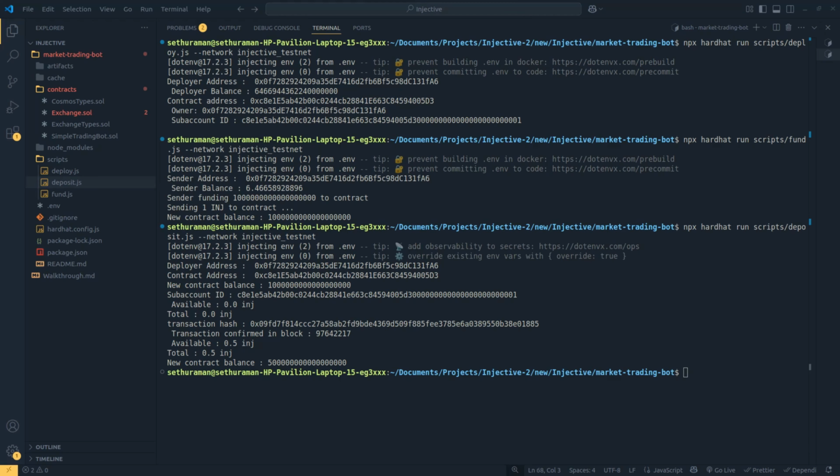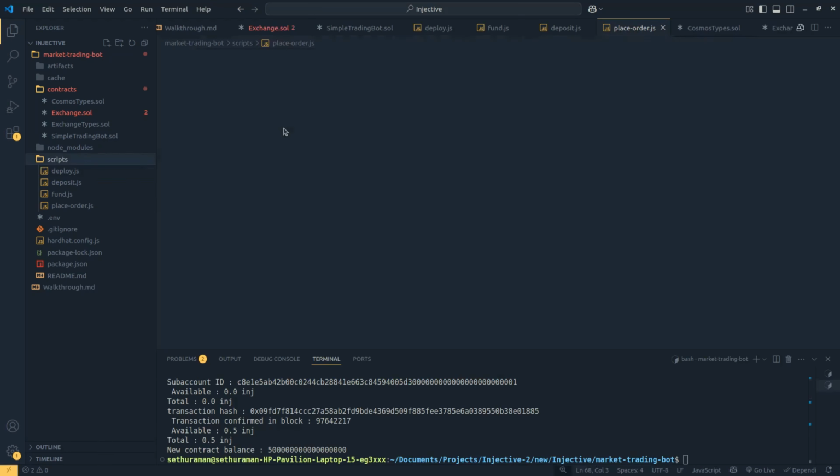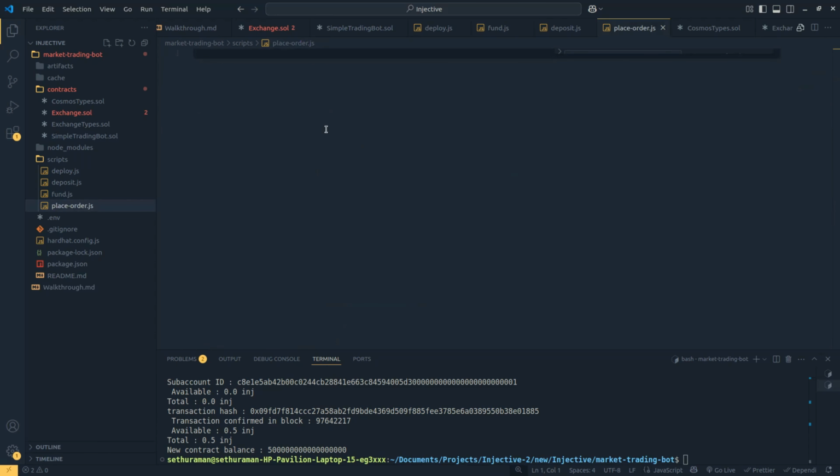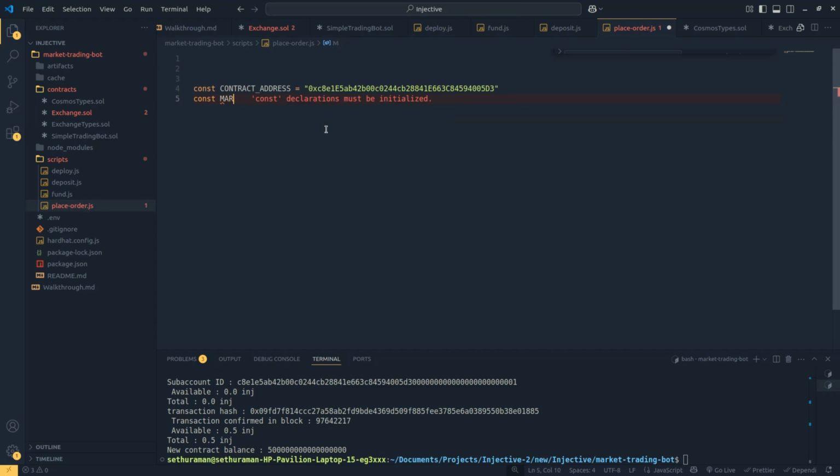So next, I guess we move on to the other one, which is place order. Now this one might be a bit big in terms of what we have to do. I'll just say placeOrder.js. Okay, so a couple of things are pretty much the same, like we need the contract address. We'll just copy this and paste it somewhere here. Apart from that, we also need the market ID. You remember that market ID,